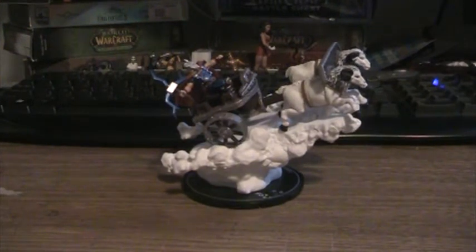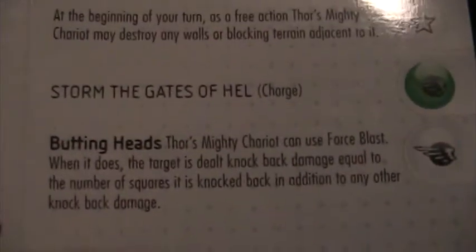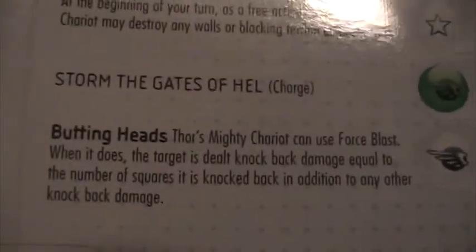He also gets, after he loses Charge, a white box on his movement called Butting Heads. He can use Force Blast. When it does, the target is dealt knockback damage equal to the number of squares and it is knocked back, in addition to any other knockback damage. So it does Force Blast basically for full damage. And then he gets Running Shot, Asgardian Might, Hooves and Horns, which is essentially